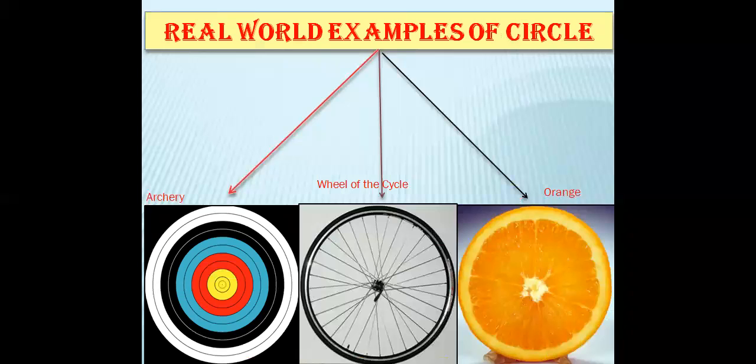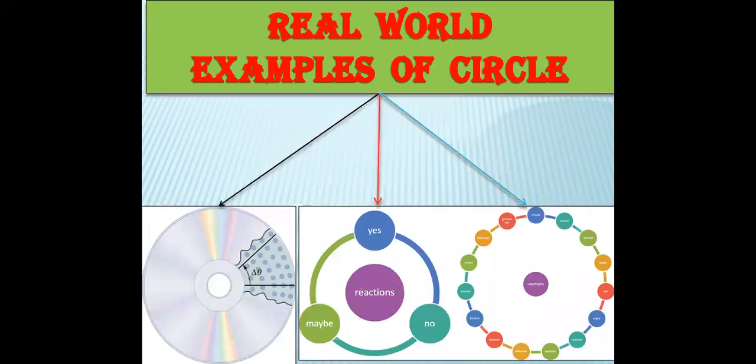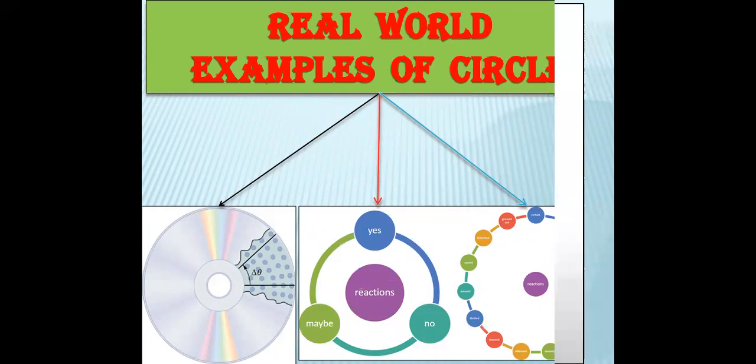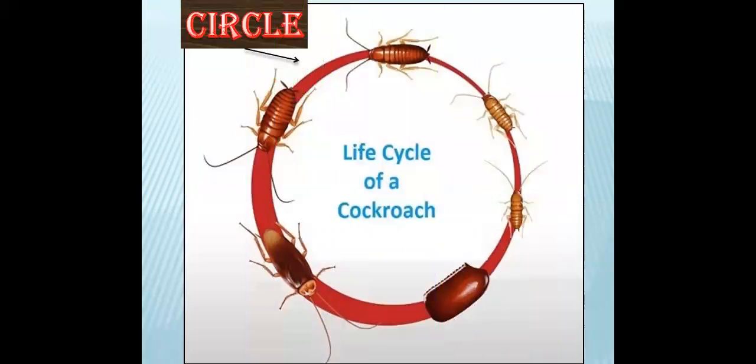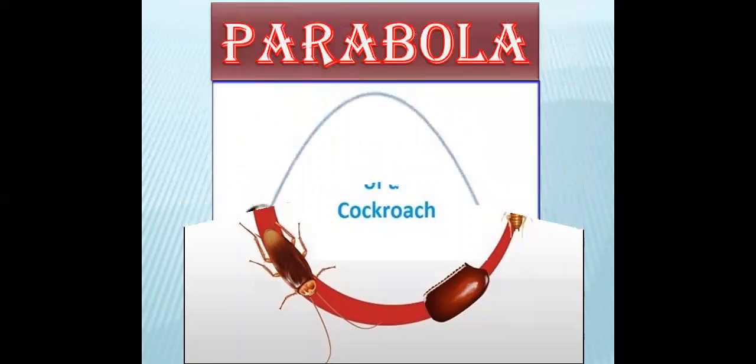Now the teacher integrates the concept of circle with the real world so that it becomes art integration and conic section. By giving such examples, the teacher can integrate the circle with real world situations. Such examples can also be given to the students, and the teacher can integrate one subject with another. In biology, students learn the life cycle of a cockroach. From this figure, we can explain the components of a circle to the students, and this type of picture can make an impression on the minds of students for a longer time.